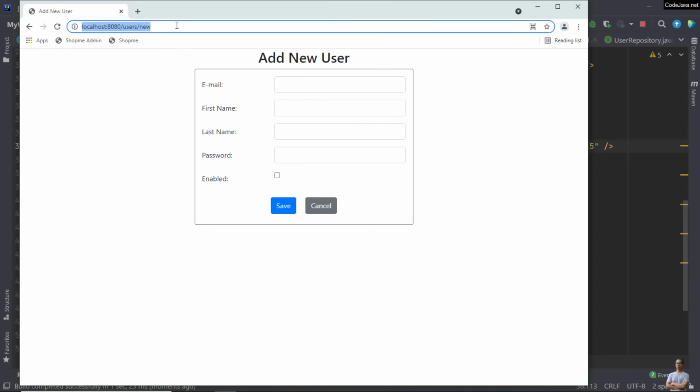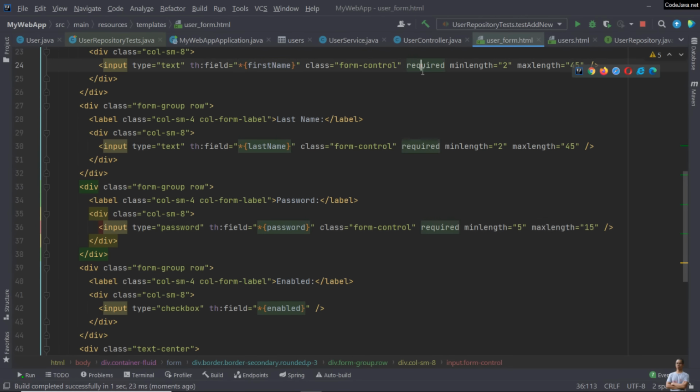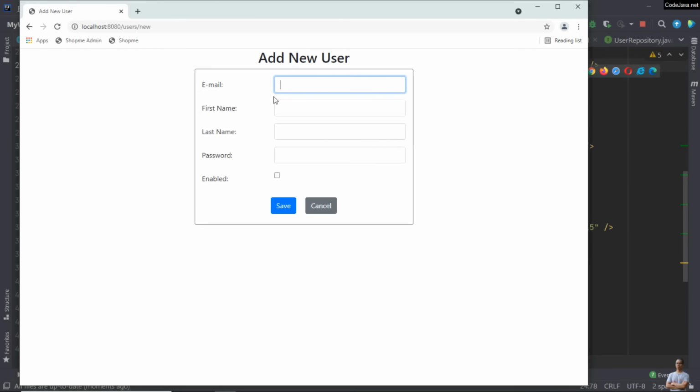Refresh, click the save button right now, and you can see the error message, please fill out this field. This is because of the required attribute here. Now I enter just a single letter, click save, and you see I got another error message indicating that this field should be an email address. Here you see, click save, you see. So I must enter an email address like this,